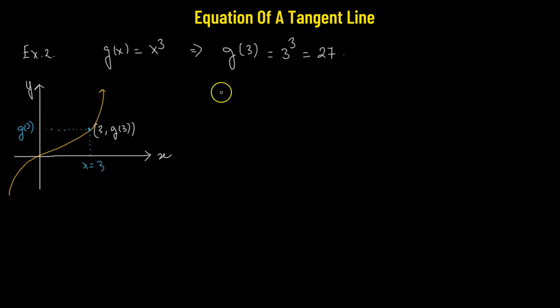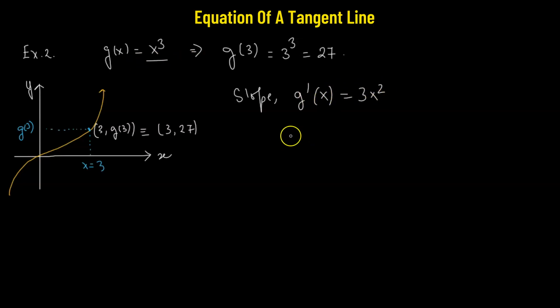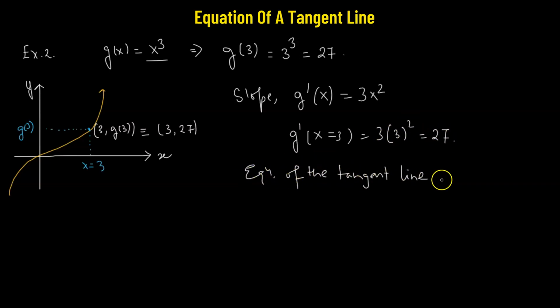Fine. So that means the coordinate of our point is (3, 27). Now we also need to find the value of the slope. The slope is given by the derivative of the function g of x, which is x cubed, that is 3x squared. So at x equals 3, this will be 3 times 3 squared, which is also equal to 27. So that means our equation of the tangent line at the point (3, 27) will be